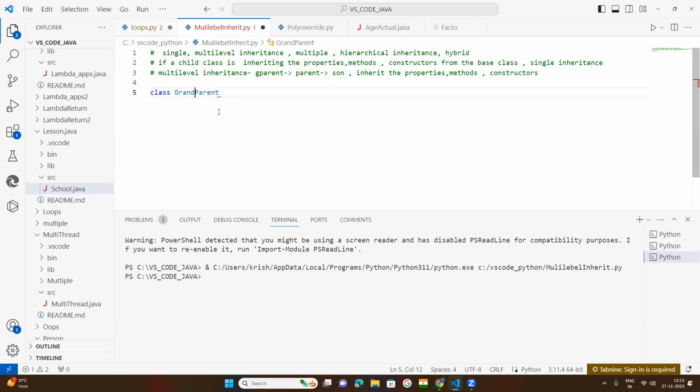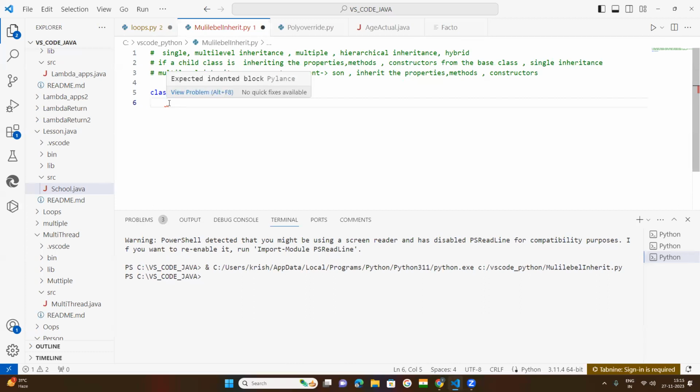If you want to write, there is no issue. Simply you can write it as gparent, otherwise you write grandparent, no issue. A class must always be terminated with the colon. I told you that. If it is giving an error, it is expecting a block. Expecting a block means once a class is declared, after that, whatever statement follows must have some